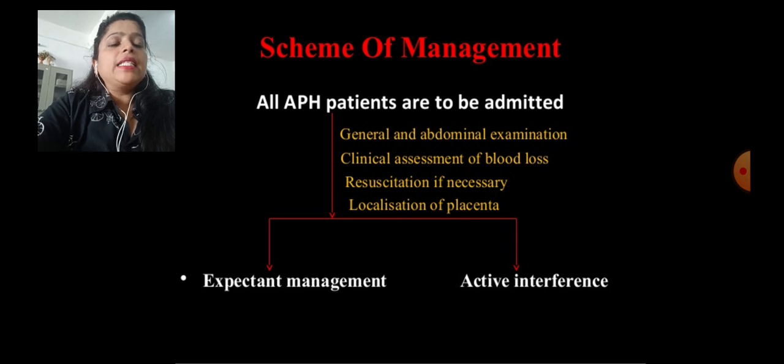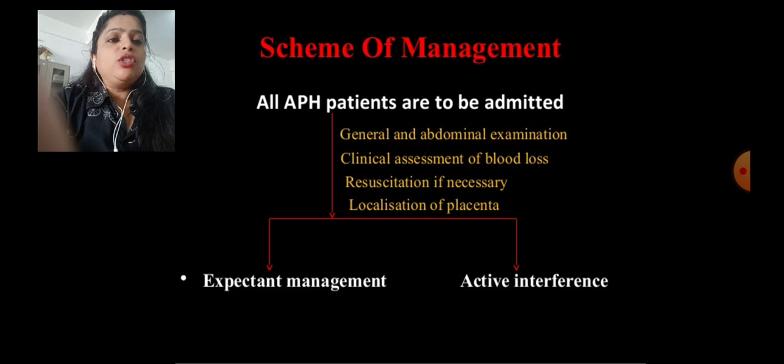Second, clinical assessment of blood loss. We have to identify how much blood loss has been there. This we can do by doing the HB test. Through the HB test we can find out how much blood loss has occurred and how much hemoglobin is left in our body. Then resuscitation if necessary. If the female's condition is poor and her scoring is low, resuscitate her if she is not able to cope up. Then localization of the placenta. These are the 4 basic points that we have to do